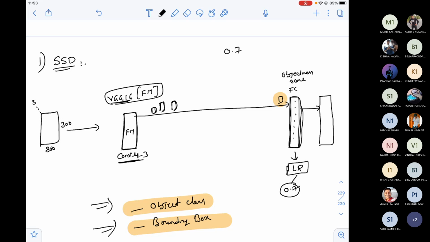The full VGG also needs to be done. After conv 4, you'll have conv 5, right? If I'm predicting the boxes, the class and the bounding box, everything with conv 4, then what should I do with conv 5, which is the final convolution layer in my VGG? That means I preserved it for some purpose. For what purpose did I preserve it?